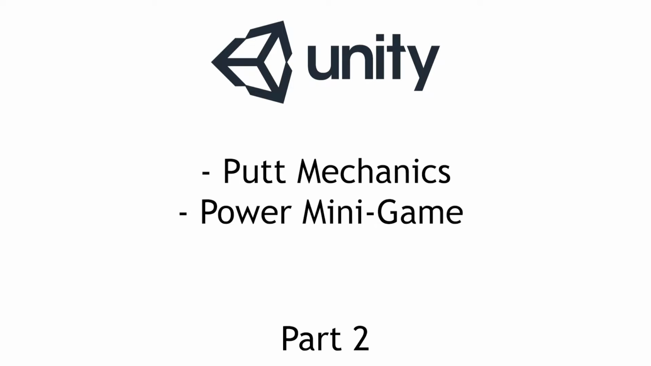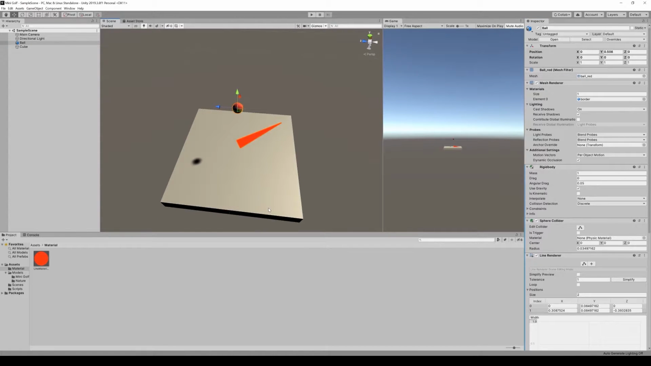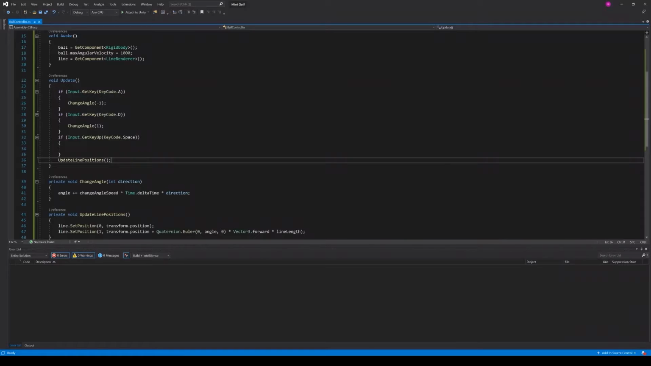In part 2 of this tutorial series, we will implement the putting system accompanied by a moving power bar minigame. We will also be recording the number of putts we take and displaying this all to a user interface, or UI. Now we want to write the code that will allow us to putt our ball in the direction that we are aiming. So back into the code,